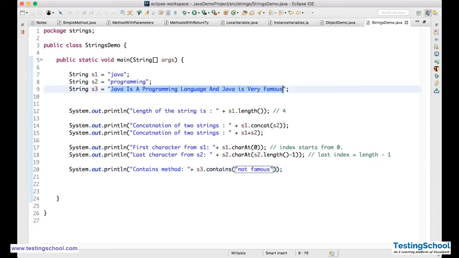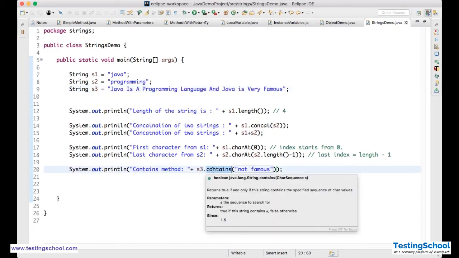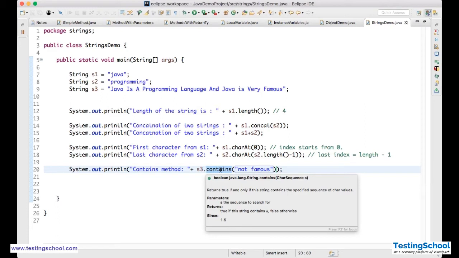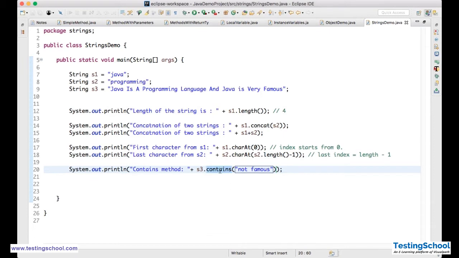If it is there, it will give me true, otherwise false. So contains will give you true or false. You see that when I hover on that, it gives boolean. The return type of this is boolean. It is giving me back a boolean value, that is true or false. Okay, this is the contains method.